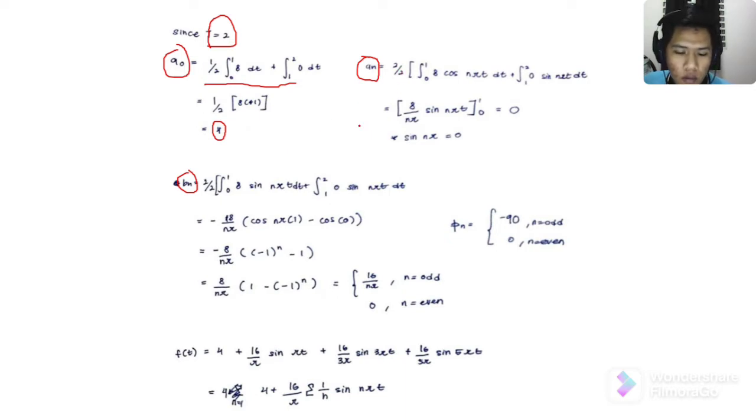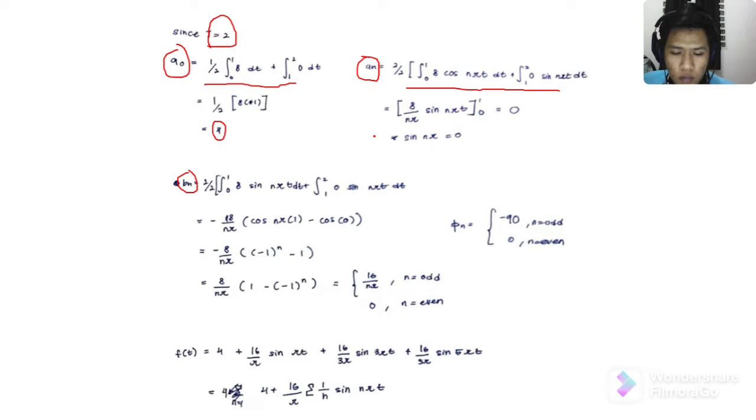And then for the coefficient of An, the formula given is An equals 2 over T, integral from 0 to T, function of T cos n omega naught T dt. So substitute the T value into the formula, and then we will get